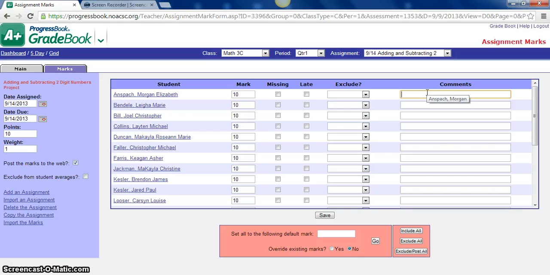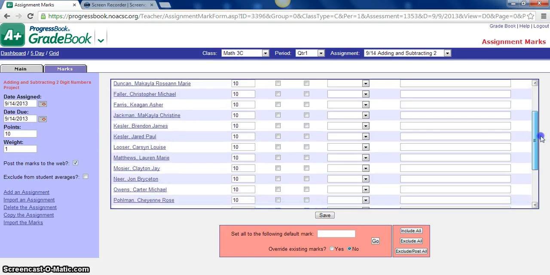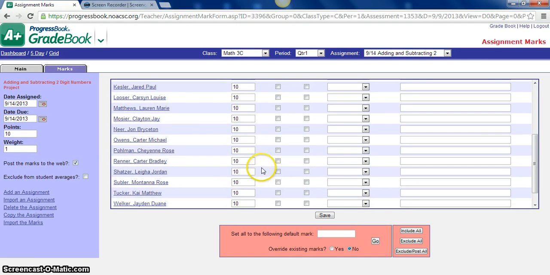I find that these comments are very, very helpful, and the reason is because it gives the parents an opportunity to see why they got a grade. Let's just say if I scroll down here and I found that Montana Subler got a 5 out of 10, and her parents get on and they're like, why did Montana get a 5 out of 10? If I want to, I can click in. I can tell you exactly what she struggled on. She forgot to put her, let's just say, her digits